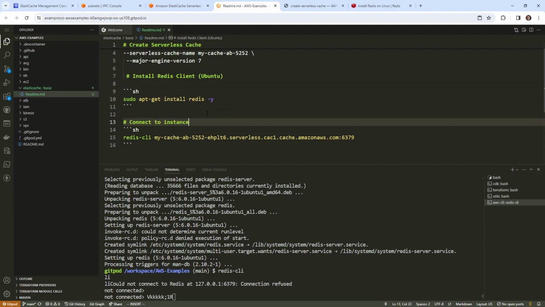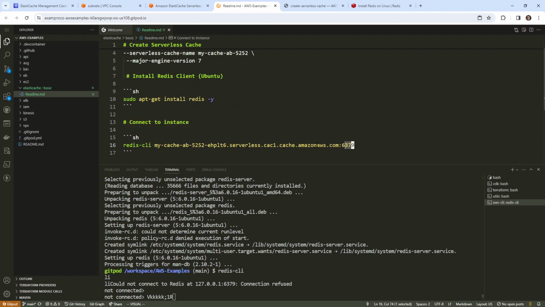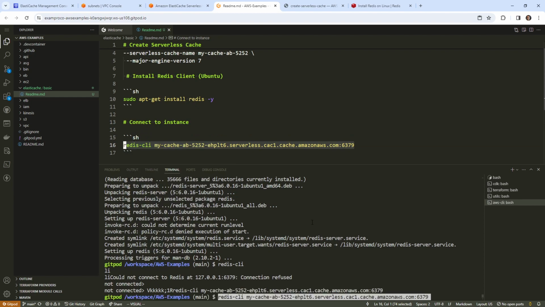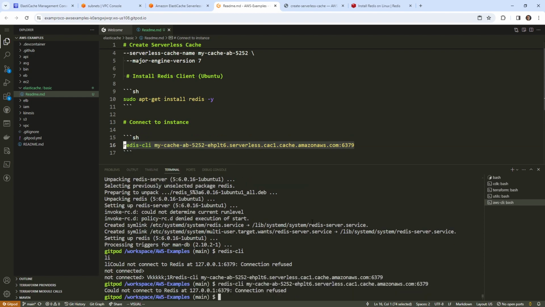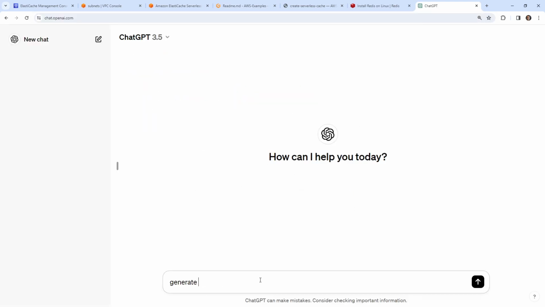Connect to instance. And so I expect this to fail because, why would it? You know what I mean? Why would it? So yeah, connection refused, which makes sense. So the real question will be how can we test this ourselves? And so I think what I'll do is I'll go over to ChatGPT and I'll ask it to generate out